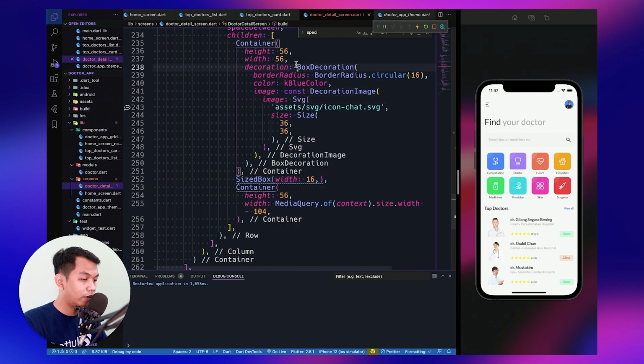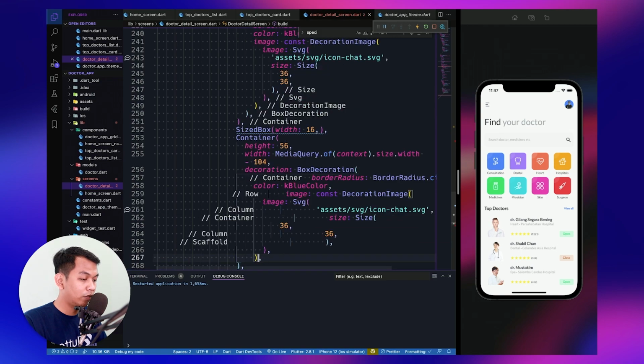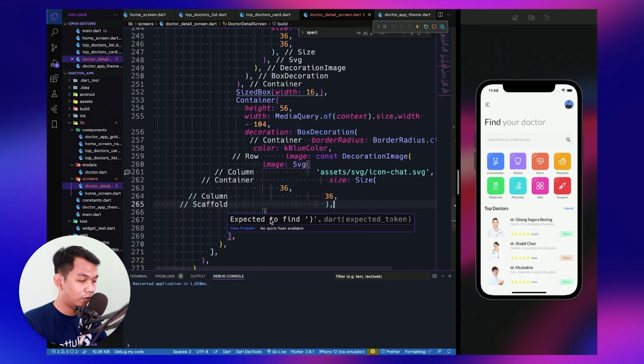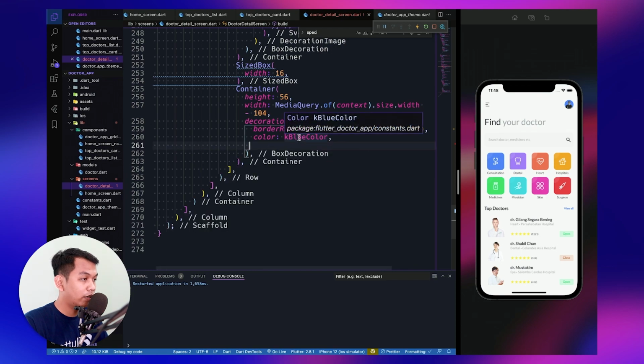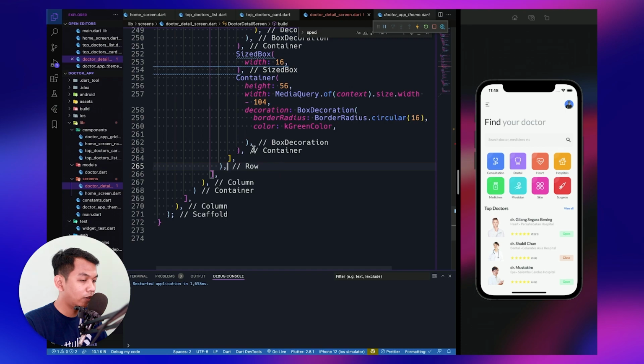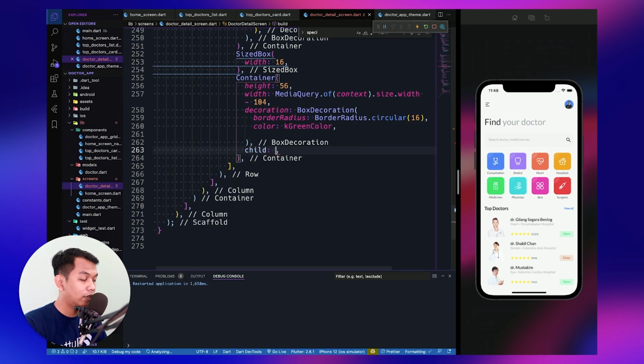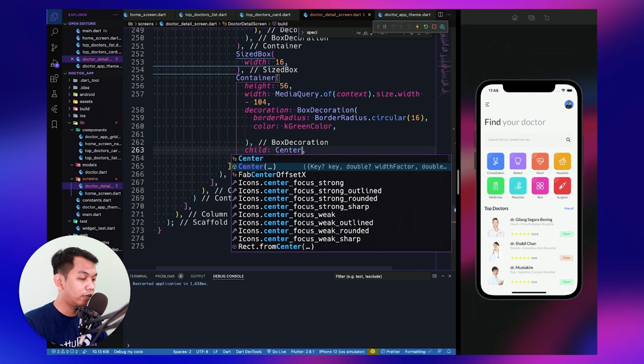And here we can copy box decoration and go to here. We need to change, like we don't need this image, so we remove this. And for the color, we use green color. And inside our container, we set child, and we say center.